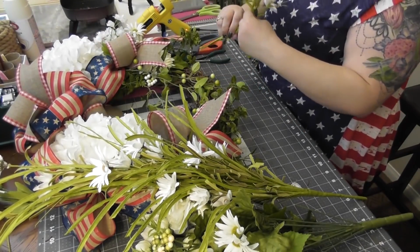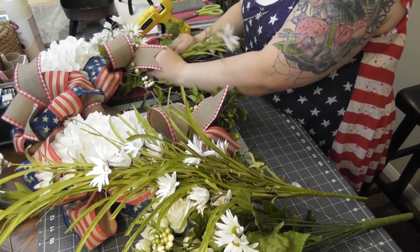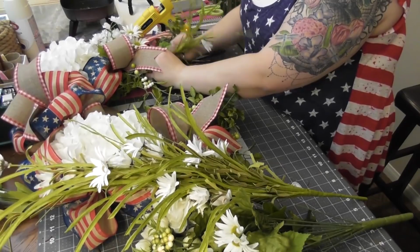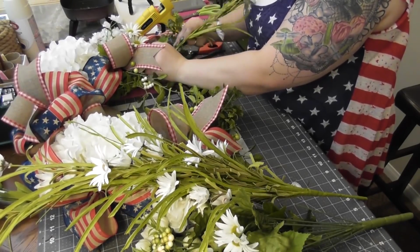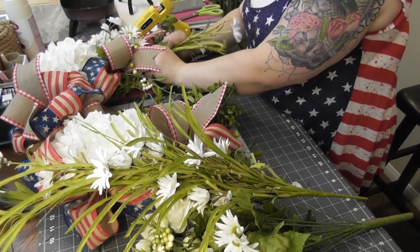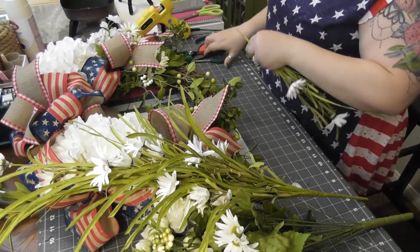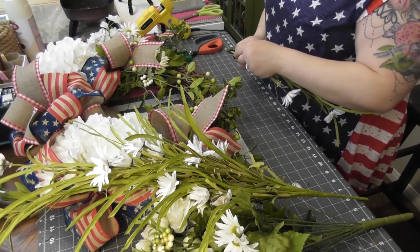Nope, I got it right there. Just turn it around the opposite way. So I'll place this under this sunflower here, trying to get that a little bit higher up. You can see that it's kind of unraveling, so what I'm going to do is make a clean cut there,